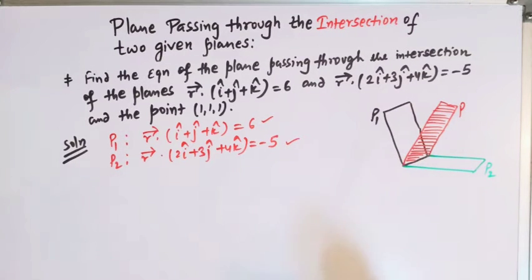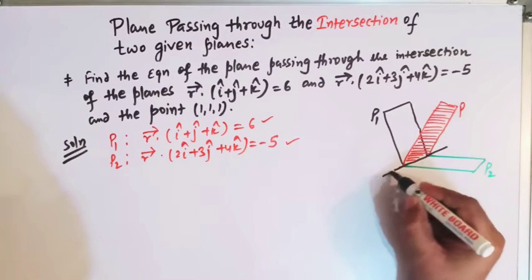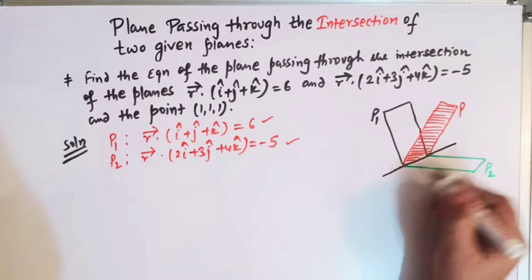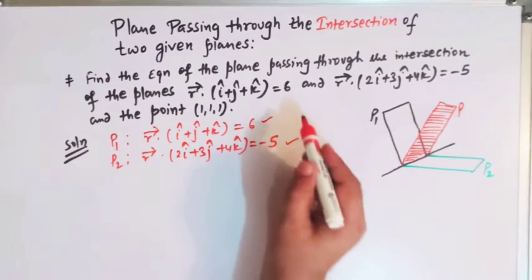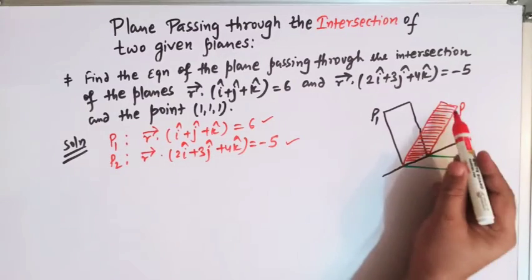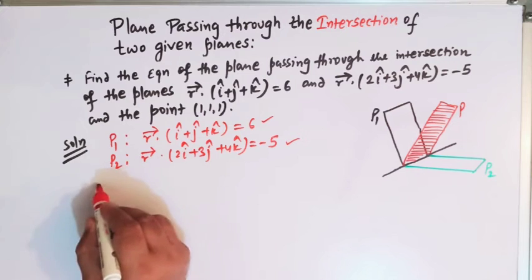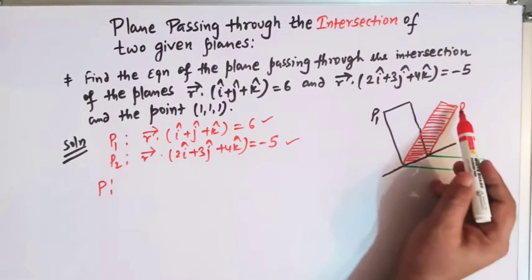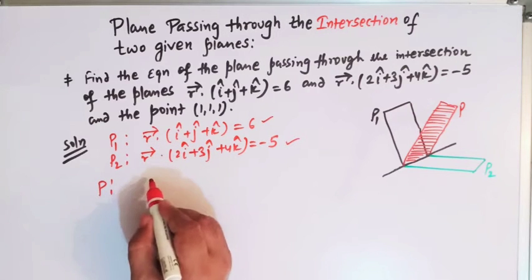And see, this is the line of intersection. Right? So this is the line of intersection, and we have to find the equation of this plane. The required equation of this plane P can be written as we have discussed in our